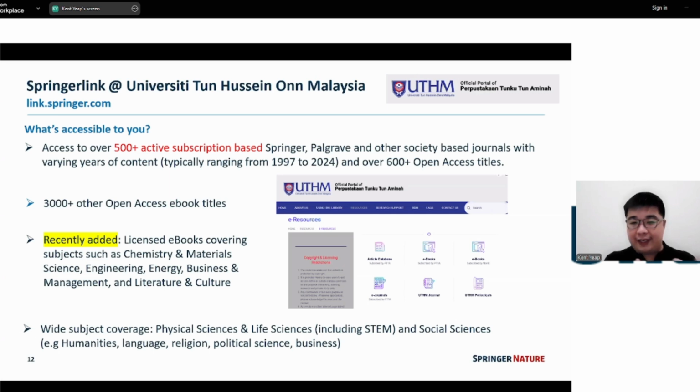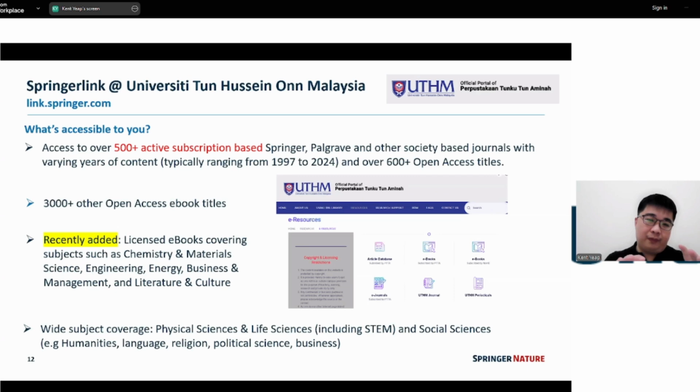So the library is taking active, proactive steps to bring to you ebooks that are not open access, obviously, and licensing them for the benefit of the users in your university.